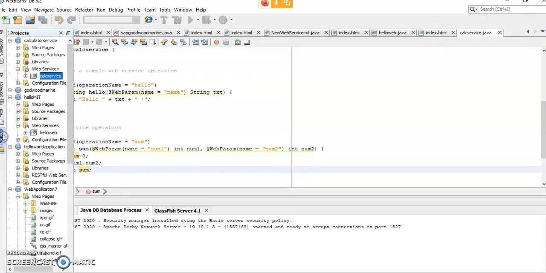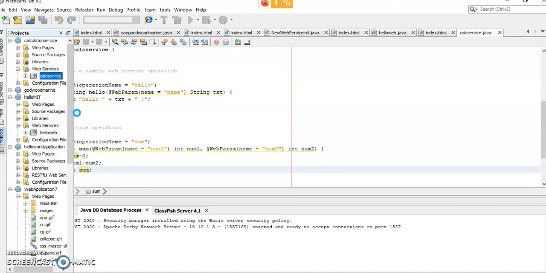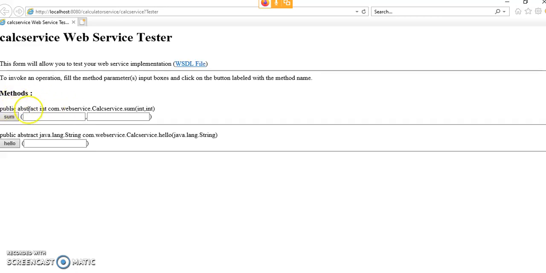Right? So right click on this web service, test web service. Once it is deployed successfully, then only open the browser, and the GlassFish server creates a tester client on the URL. So this kind of tester client will open.